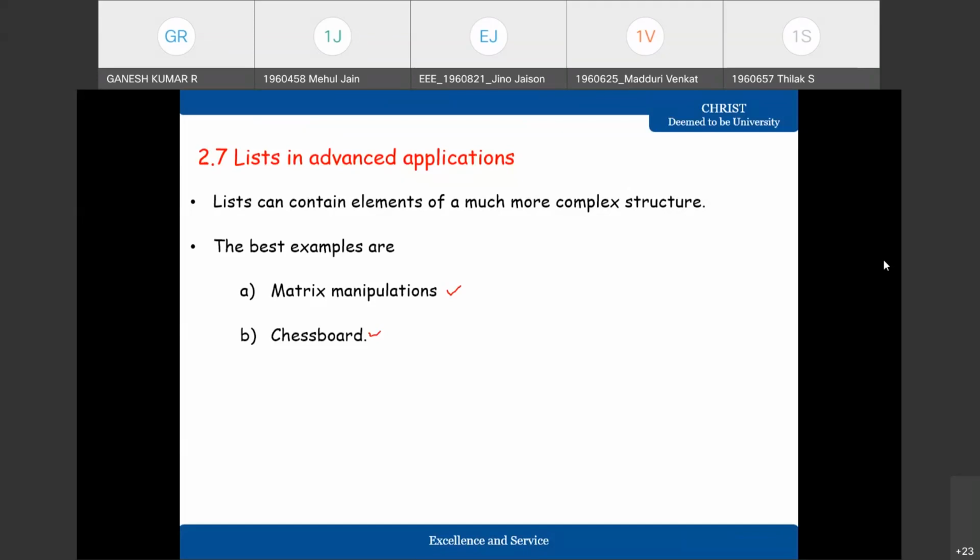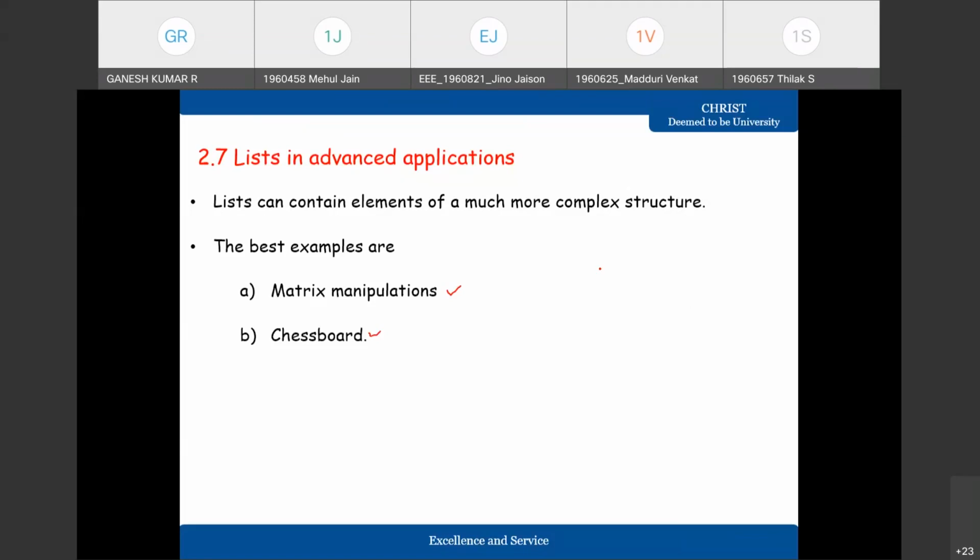All right. So a matrix is a framework where the elements, the data inputs, are arranged in the form of rows and columns. Right? Rows and columns. So that could be of any size. A simple matrix will have a single element with one row and one column. Okay. So a static one-dimensional array will have a simple list.